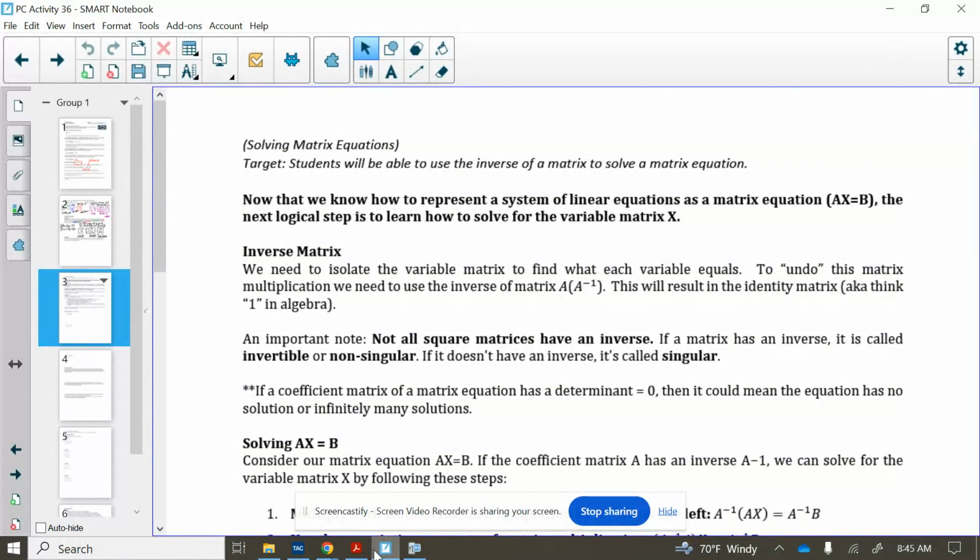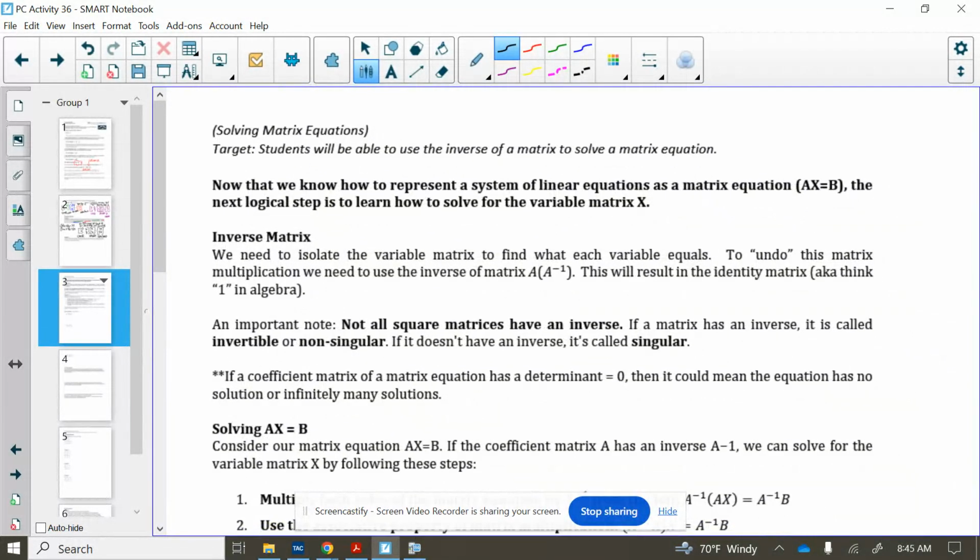Hi everyone and welcome back to Activity 36. Today we are going to talk about solving our matrix equations. So we've been representing our systems of equations into our matrix equation format of AX = B. And today we're going to actually talk about being able to solve so we know what that variable matrix